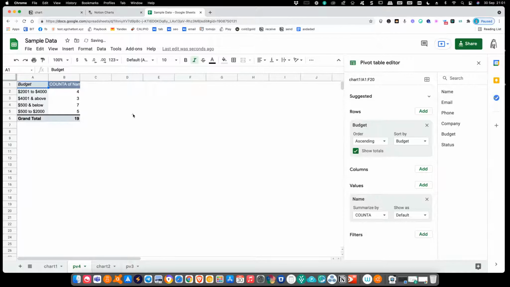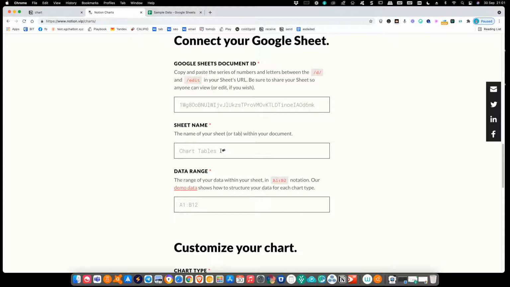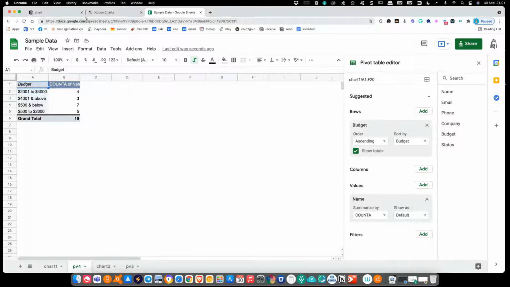Okay, so we're done. Now we need to go back to Notion charts and click on this create a chart. Now we need to satisfy all these conditions. The first one is we need to find the Google Sheets document ID. You can find it right up here, between the letter D and the word edit. So anything in between, just copy